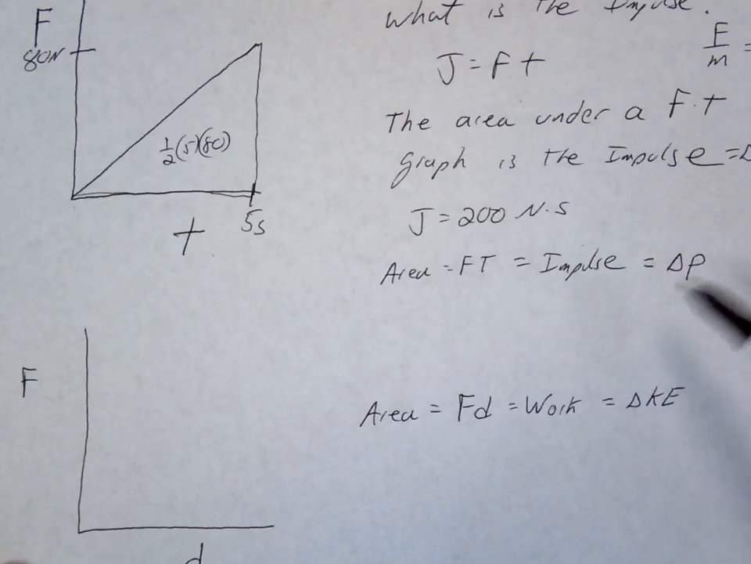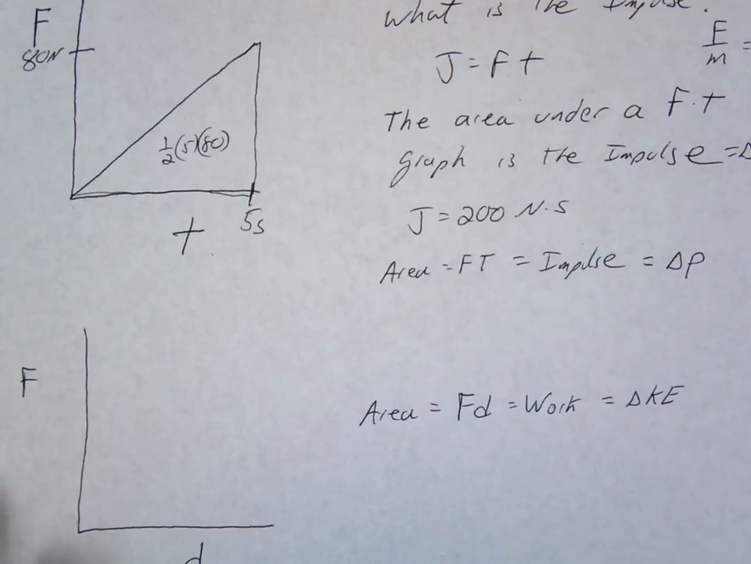So this would give us our impulse. It also gives us our change in momentum. This would give us our work. It also gives us change in kinetic energy. And in both of these you could find, for example, the final velocity of something. So I think we have time to do that. So let's do